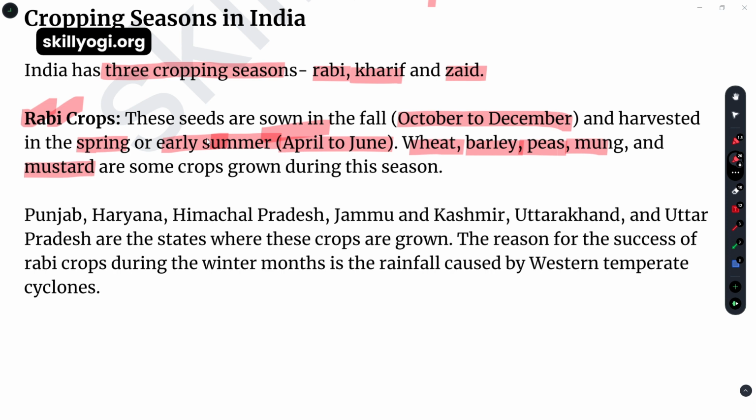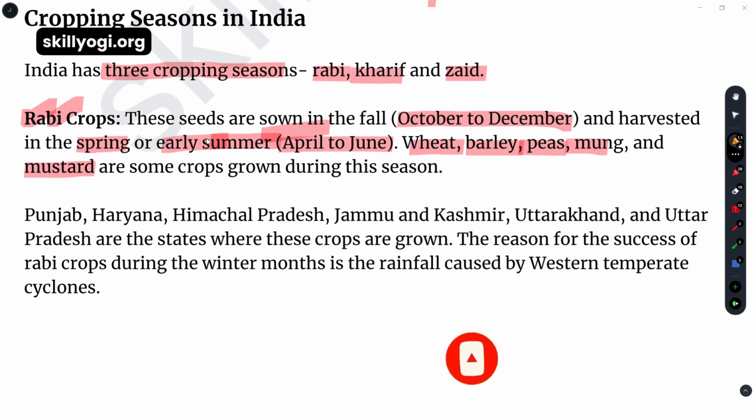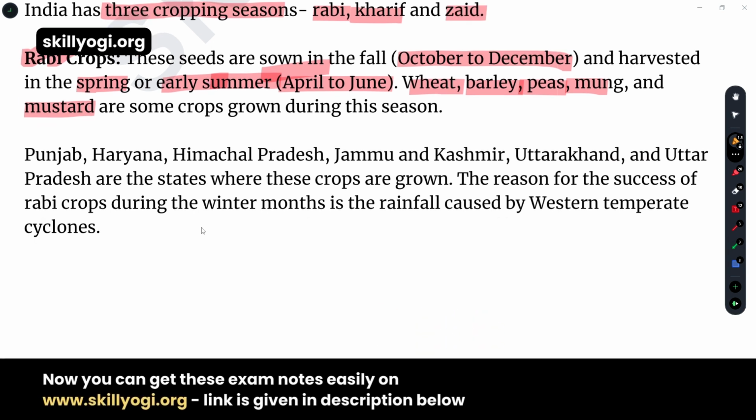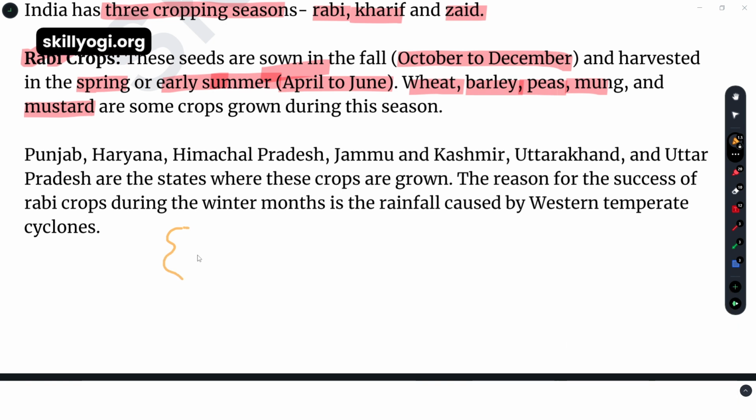Which are the places for this crop? I am drawing the India map as a reference. You don't need to draw it, but you have to learn the exact states in which places we can have this kind of cropping season. We can see Punjab, Haryana, Himachal Pradesh, Jammu Kashmir, Uttarakhand, Uttar Pradesh. All these states belong to the northern part of our country. So if I am drawing the India map over here, the head part of the India map,